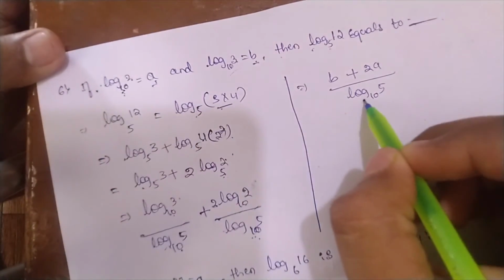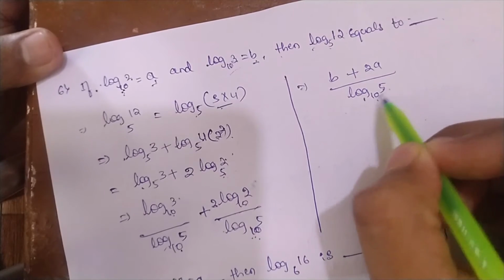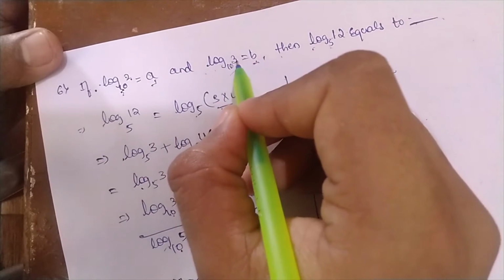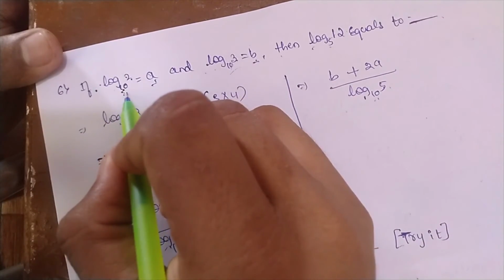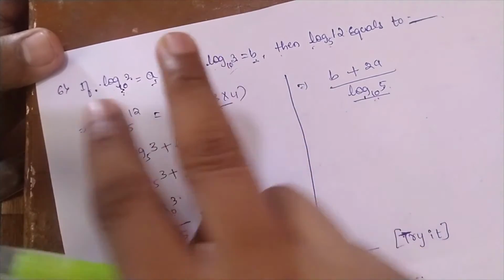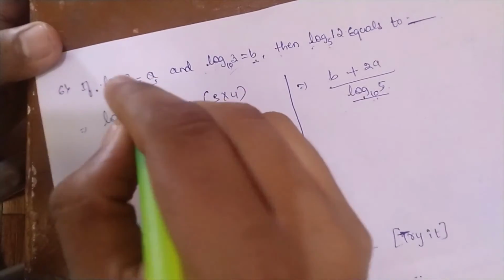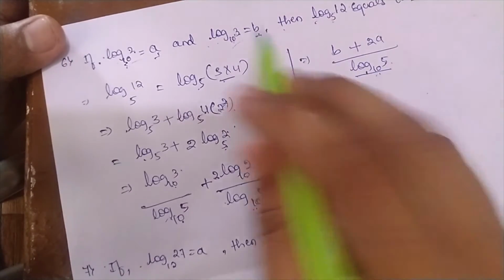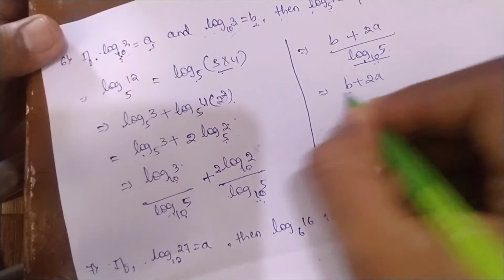But here, this is log 5 base 10, but here we have log 3 base 10 and here we have log 2 base 10. So we need to convert this log 5 base 10 into one of those forms. We can do it easily by this form. You can do it by this form also, which equals b plus 2a divided by, so this